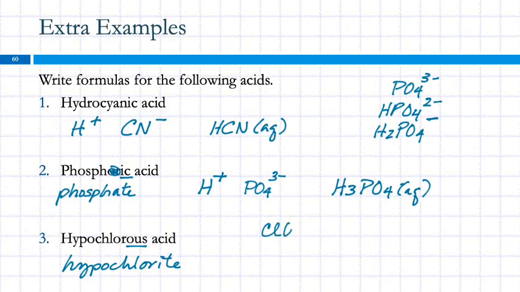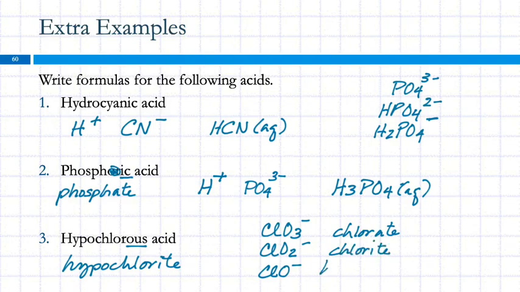So chlorate is ClO3 minus. Chlorite is ClO2 minus, and hypochlorite is ClO minus. This is chlorate. That's the regular one. This is the light version with 1/3 fewer oxygen atoms. And this is